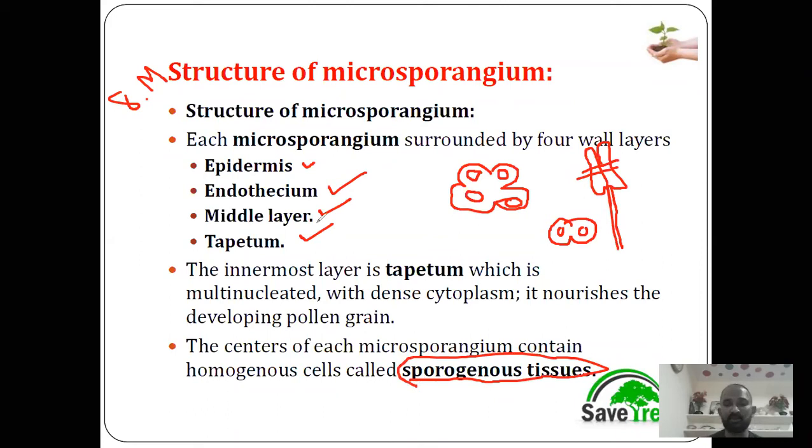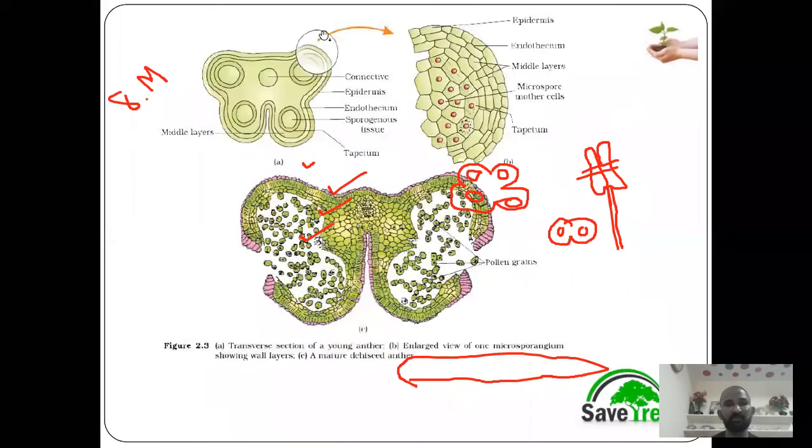Okay, coming to the diagram regarding the microsporangium, the wall of the microsporangium. So just see here, it is also present in your textbook. The outermost layer is called the epidermis layer. The epidermis is a single cell layer. When you see the cross sections of the anther, it shows the epidermis, which is made up of single layered cells. These single layered cells are compactly arranged, meaning they are tightly packed without any spaces.